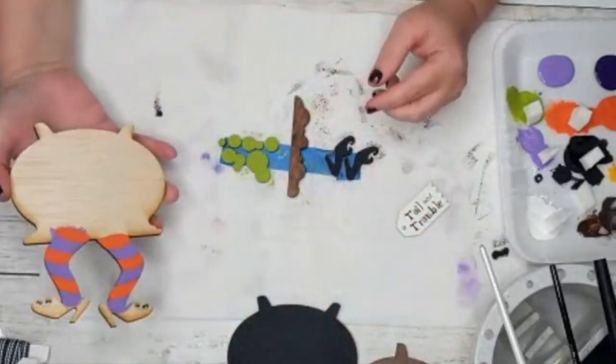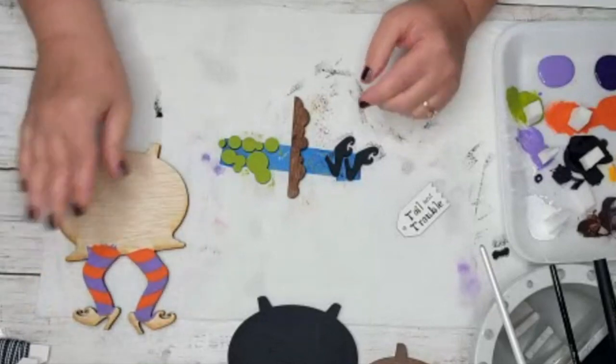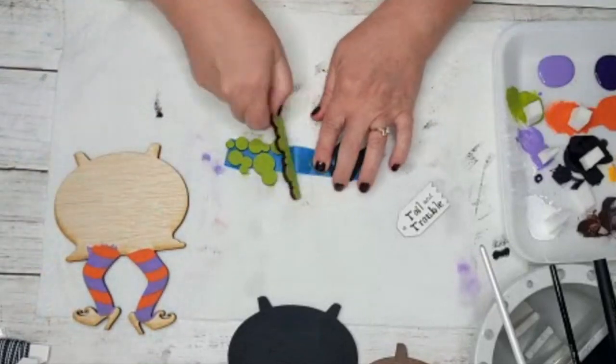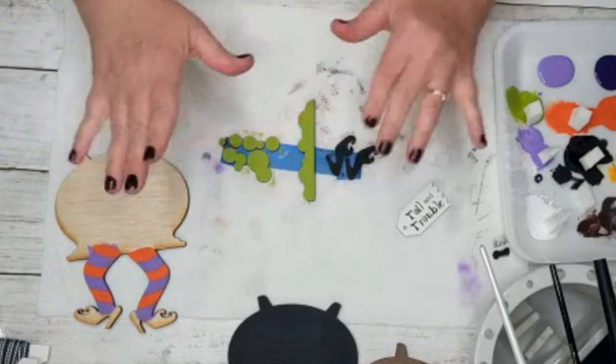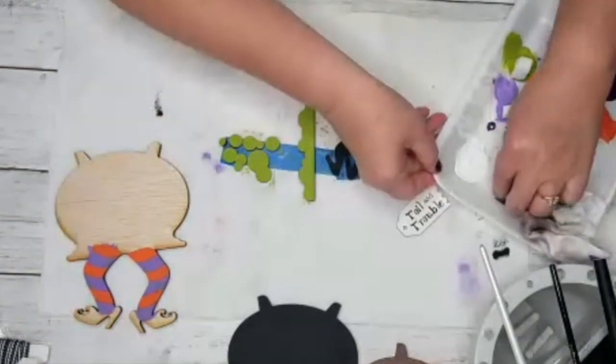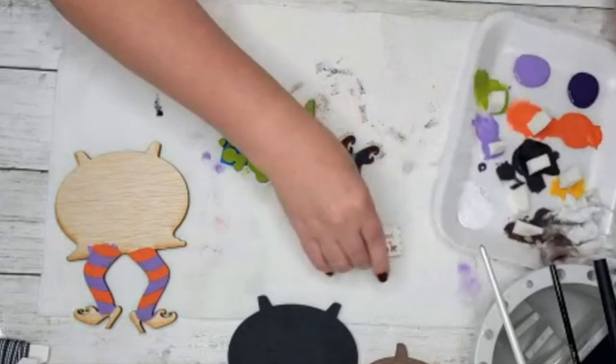Okay, so that just gives that a finished look right there. So now let's go ahead and do some shading with the white. I'm going to get some white paint here, and this I used with my